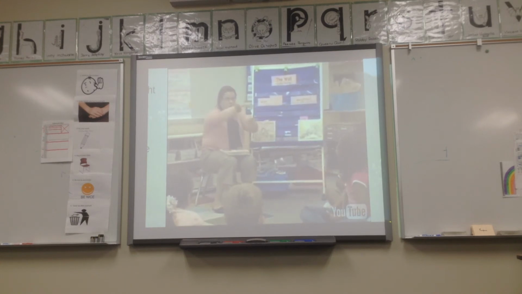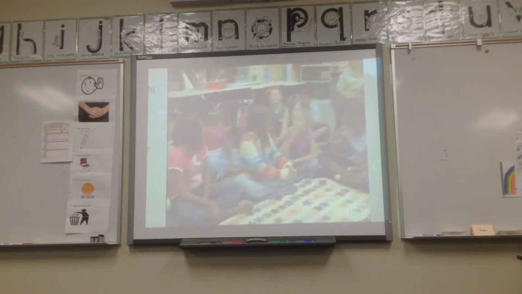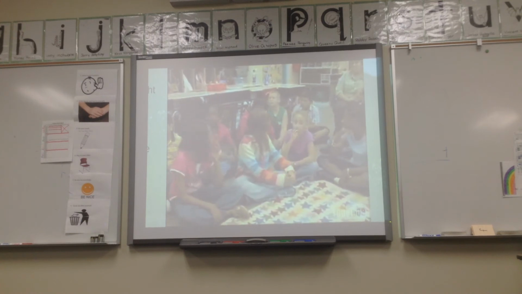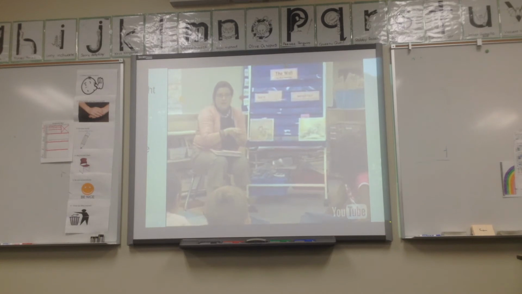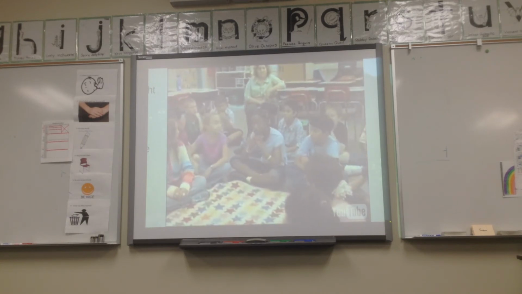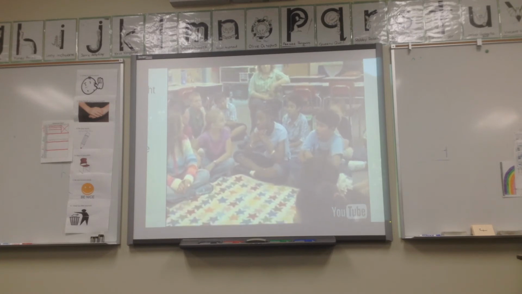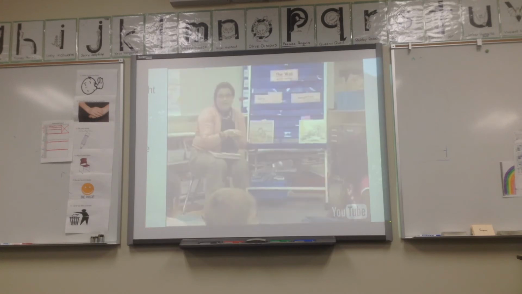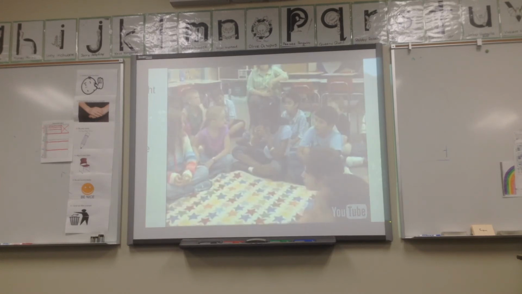So the letters were weighted with stones. What are your thoughts about that one, Brandon? Like pressure, like putting pressure on something. So putting pressure on something. What else? Luis? For an example, if it's a windy day and you have an open window, the sheets might be blowing everywhere, and you just might want to put a rock on top.